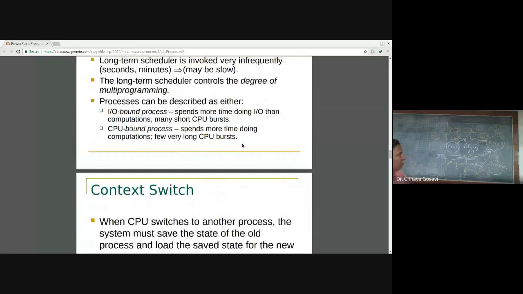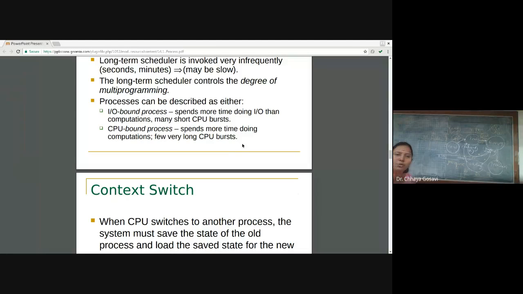Any queries? We have seen too many concepts today. We have seen what a process is, then the states a process goes through: new, ready, running, waiting, and terminate. Then we saw the queues associated with processes: job queue, ready queue, and device queue. We have also seen schedulers and their jobs: long-term, short-term, and medium-term scheduler.